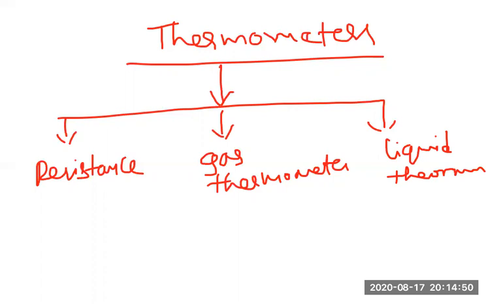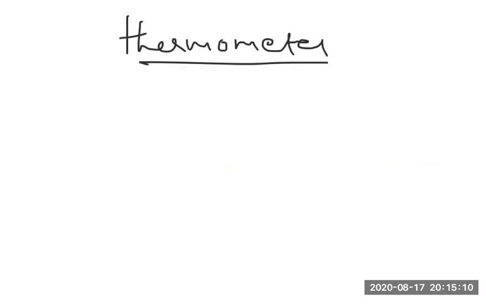Thermometers means the temperature measuring devices. Now I have taken one thermometer randomly here. If you observe any thermometer, X(t) = at + b. X is some parameter, a property, we can say. It varies linearly with the temperature. T is temperature, and a and b are some constants.